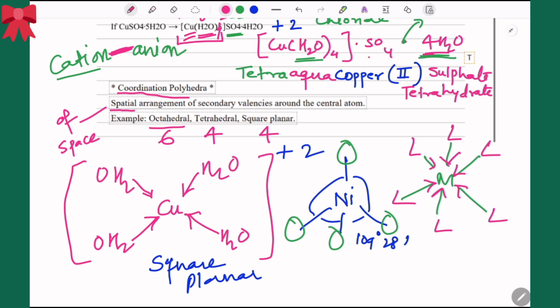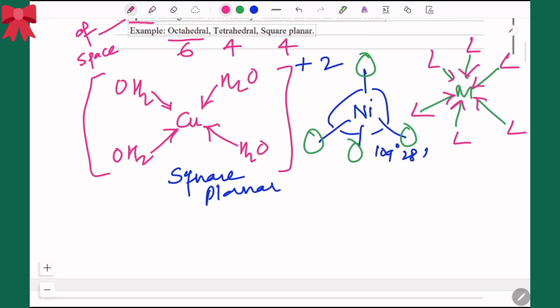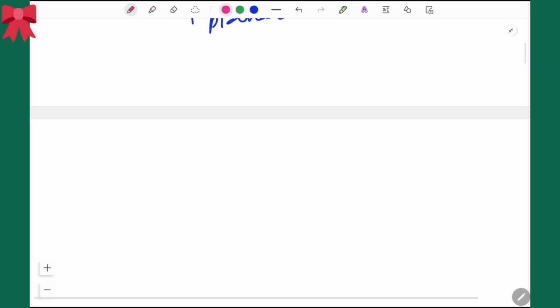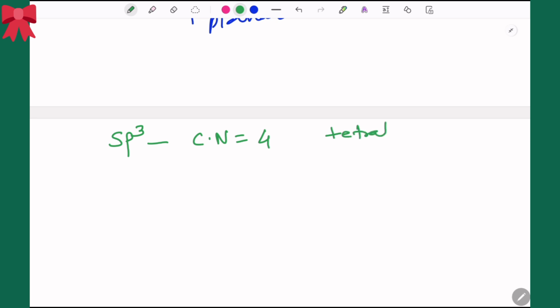It is the geometrical shape which the coordination compound assumes when it is formed, and it is happening because of the presence of certain hybridizations. Okay, so I'll just quickly give you the basic idea about what kind of hybridizations did we study in class 11th, and you're all using that knowledge in class 12th. Like for example, we are going to encounter the hybridization of sp3, because this is going to have a coordination number of 4, and it's going to give you the shape of tetrahedral. Okay, so the polyhedron is going to be tetrahedron.